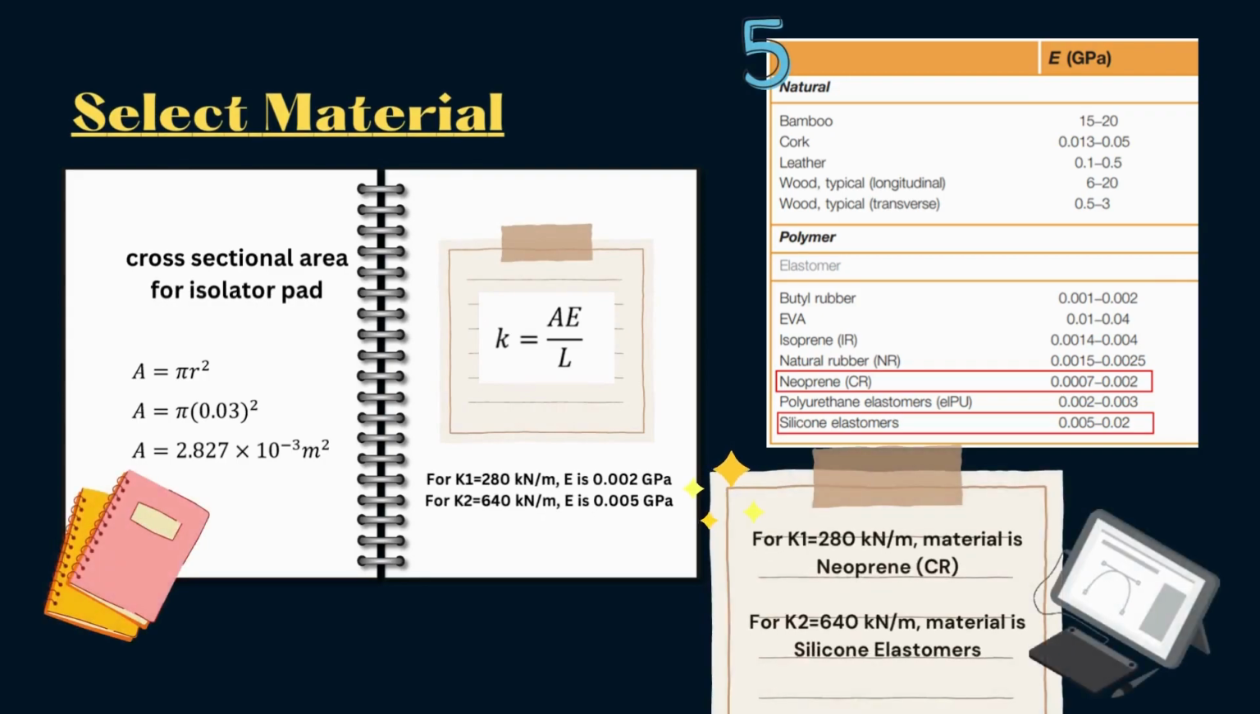Since the design and the stiffness for the isolator have already been decided, the Young's modulus can be determined by using the formula. Since the isolator pad is circular, the cross-sectional area and the Young's modulus can be calculated. When stiffness is equal to 280 kN per meter, the Young's modulus is 0.002 GPa, but when the stiffness is equal to 640 kN per meter, the Young's modulus is 0.005 GPa. From the information, the material can be decided by using its Young's modulus from Table 5, which are neoprene and